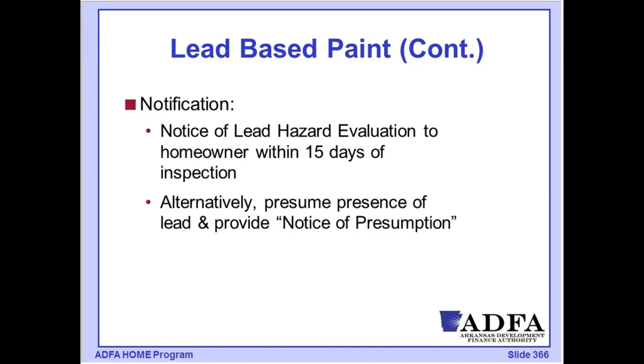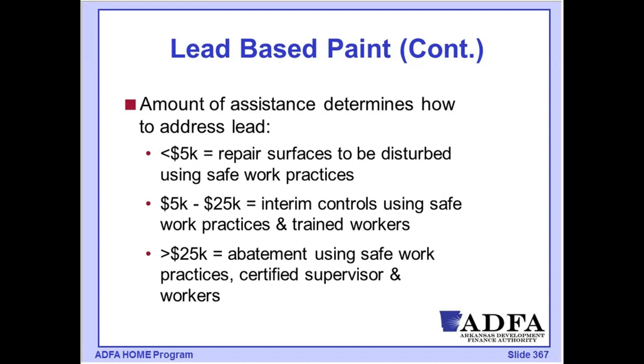What has been found over the years is that if you were to do the presumption, you would be spending money trying to reduce lead hazard on a lot of surfaces that actually don't include any lead. So the best practice has become do the risk assessment, and treat only those surfaces based on the risk assessment identification. And it's a much better way to operate.